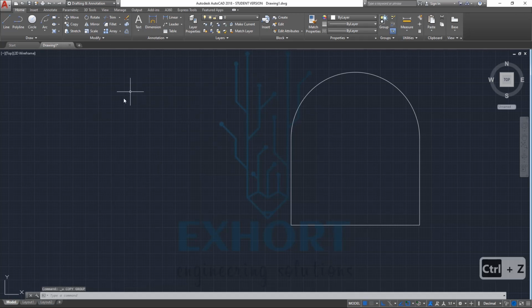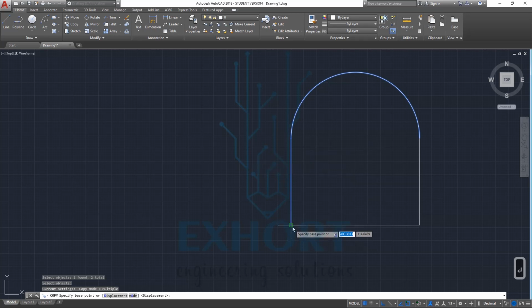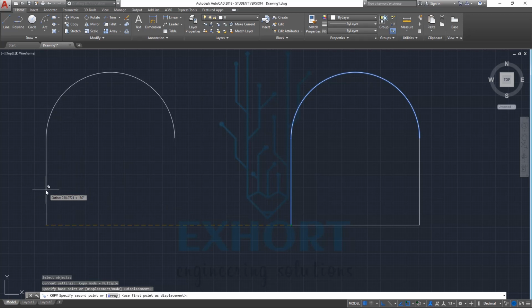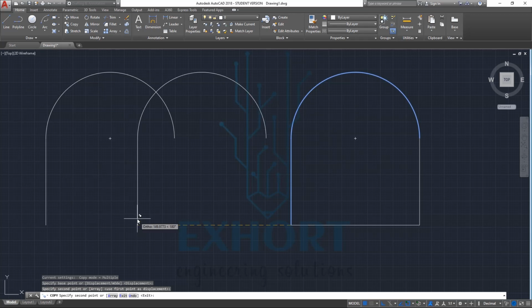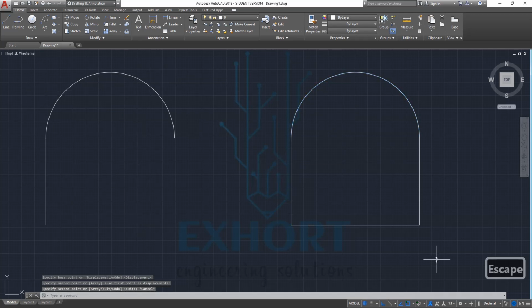Now we will see how to copy a single line. I want to copy just this and this. I will select both of them and hit Enter. Select the base point. I will select this as my base point and move it. You will notice that we have copied this arc and this line to here. So friends, likewise we can copy our objects.